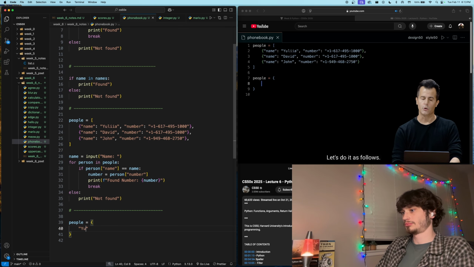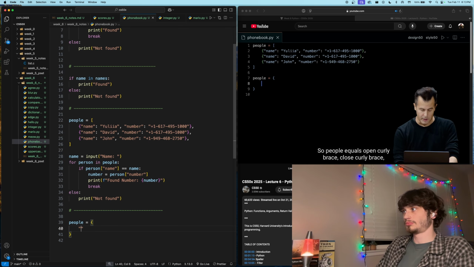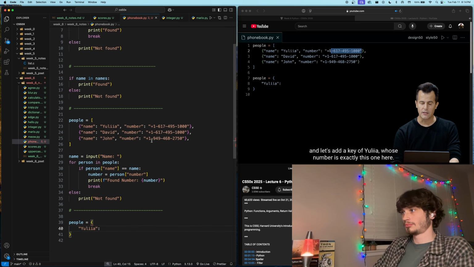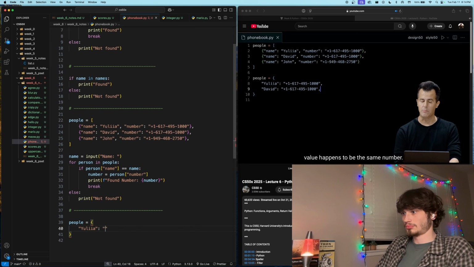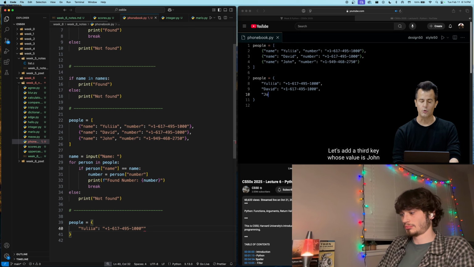Let's do it as follows. So people equals, open curly brace, close curly brace, and let's add a key of Yulia, whose number is exactly this one here. I'll copy paste to save time. Let's add another key whose name is David, whose value happens to be the same number. Let's add a third key whose name is John, and set that equal to this number,